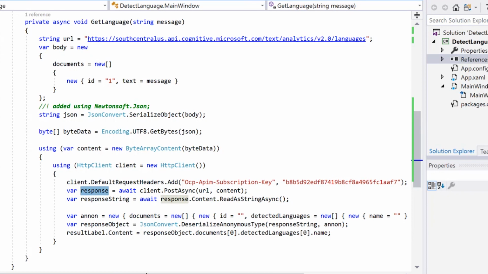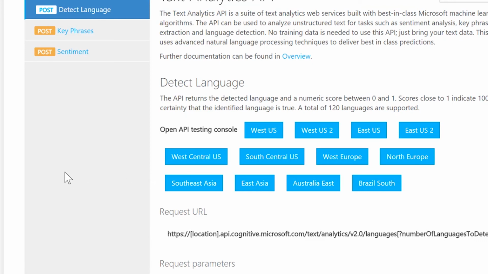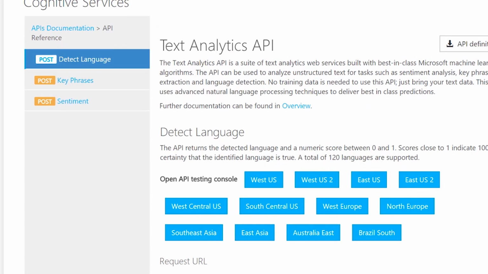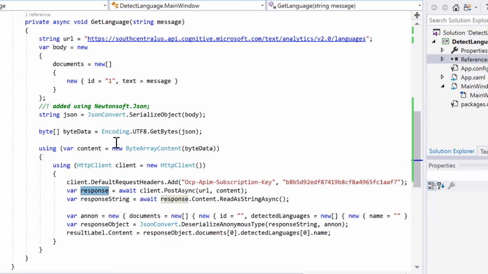By the way, just in case you were wondering, I know that it is a post and not a get or a put, because right here in the documentation I see that the three endpoints, in fact, are post. So that's how I knew that I needed to use the PostAsync method. So to the PostAsync I pass the URL and the content,